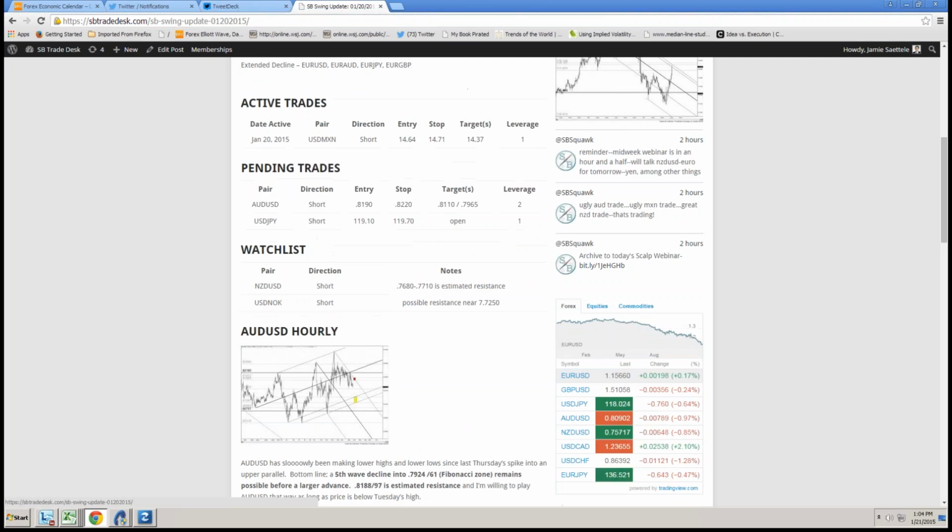This isn't obviously the end-all, be-all. There's no magic formula. We try to do the best we can with providing solid, actionable ideas. Obviously, this is the stuff that we trade as well, but it's not robotic. On this page, we try to indicate times when we see good opportunities to maybe step on the gas a little bit. We were looking for this Aussie move, for example, the one we got today. It just unfortunately came after the overnight chop fest, and ticked us out at 82.20. Of course, Kiwi ended up working out really well there. So, again, we'll try to put something together.